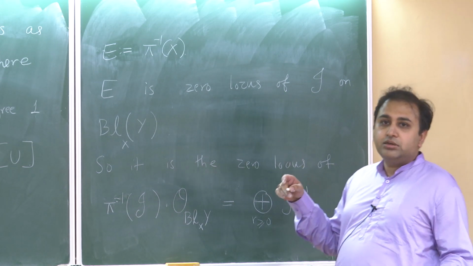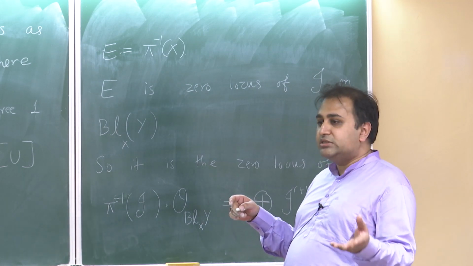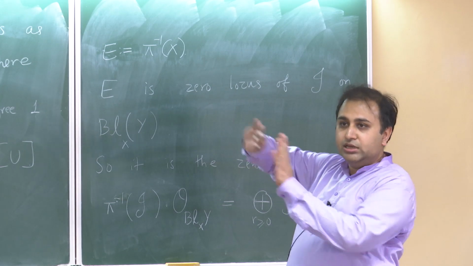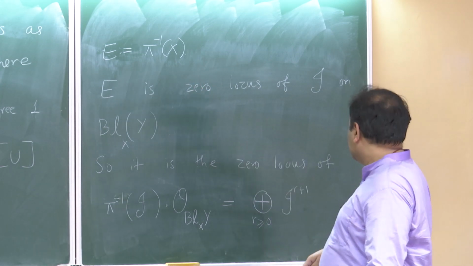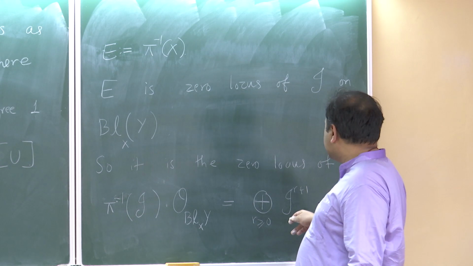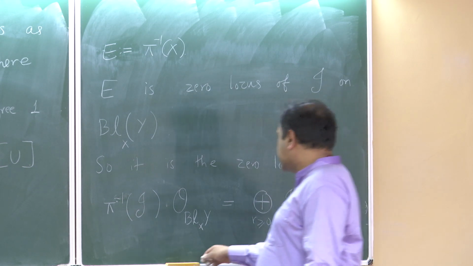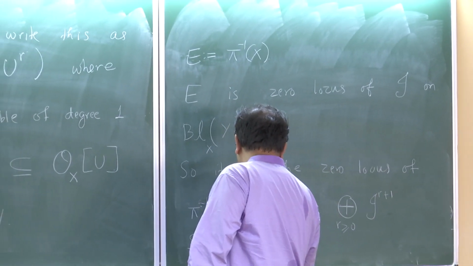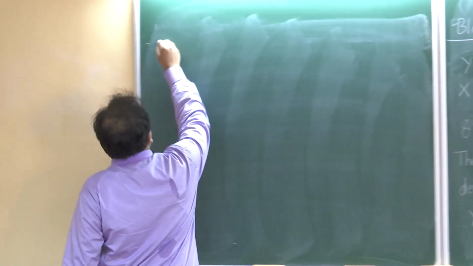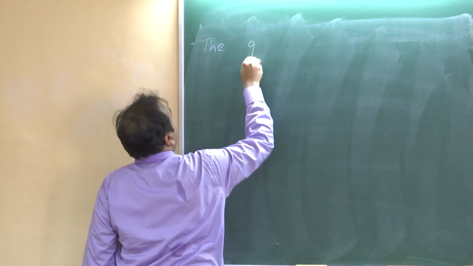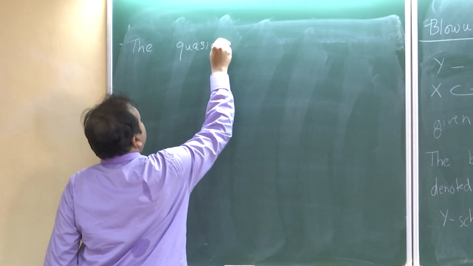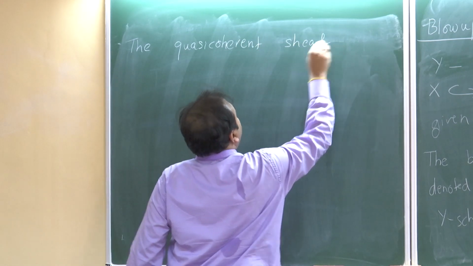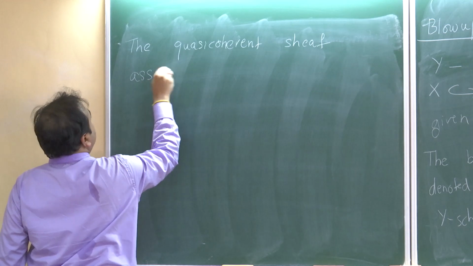Two graded modules give you the same sheaf if they match up in sufficiently high degree. So this is just the quasi-coherent sheaf associated to